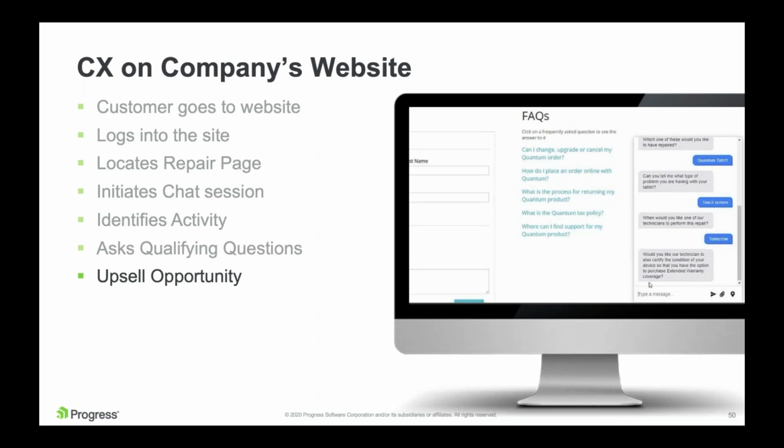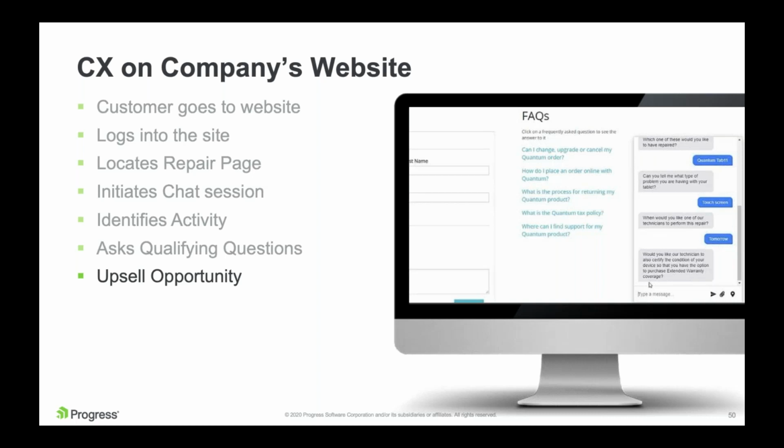And so he said, okay, it's the Tab 11, and it's a touch screen. And then, you know, when would you like to have the appointment? Well, of course, like I said, any millennial wants to have it done right away. And so we log that in there. Now, here's the interesting part. We are going to ask a question here and said,